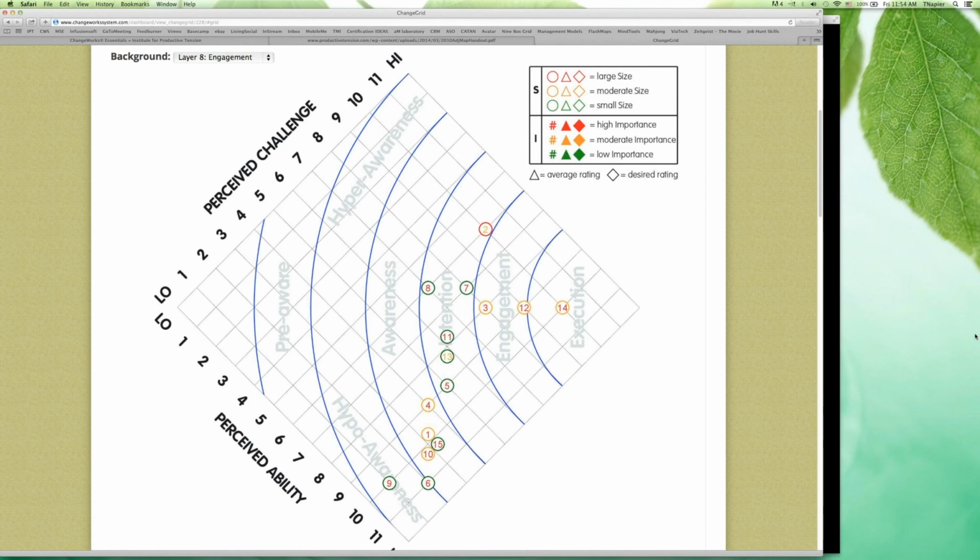And so if I am a manager trying to get the greatest results out of my people, or I'm the business owner trying to get the greatest results out of my whole company, or I'm just me trying to get the best results out of me, I need to understand what's going on with my level of engagement at the activity specific level. And that's what this layer is designed to do. So let's take a look at the labels on this layer and look at those little areas so you know what's really happening here. We'll start very far out grid, which is over there to the right, and you see the word execution.